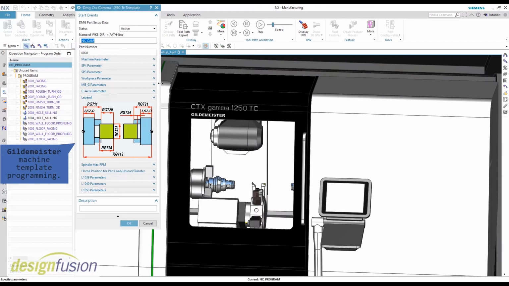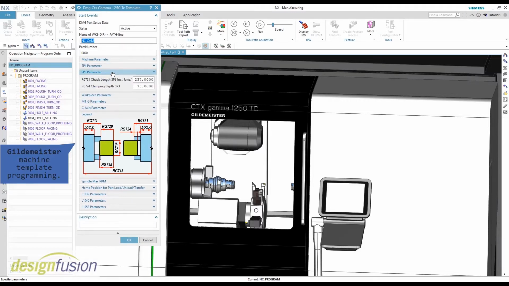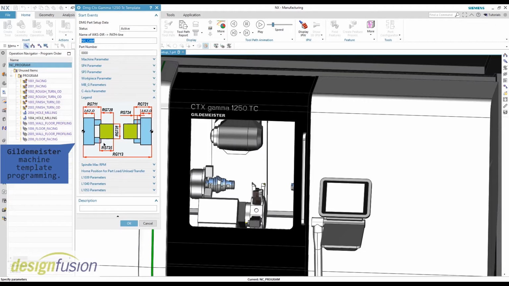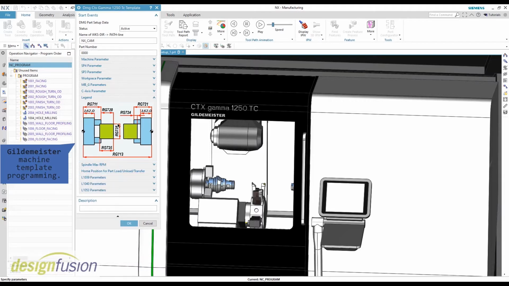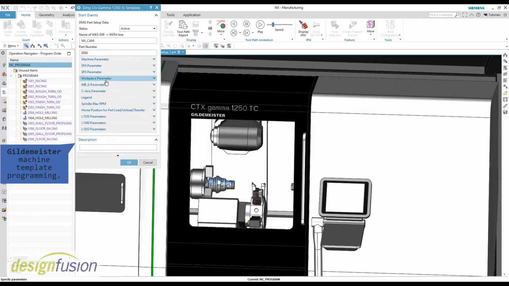This is CTX Gamma with two spindles, upper head and lower turret. This video shows synchronous machining and how the simulation works using multiple channels. To program this sophisticated machine is a tough task, and NX gives an instrument to use and check all machine functions without interacting with a real machine.